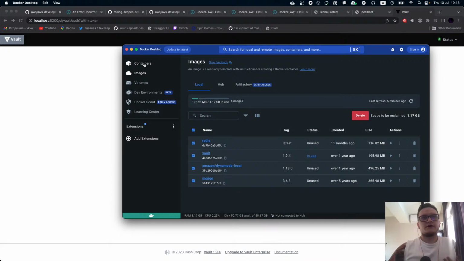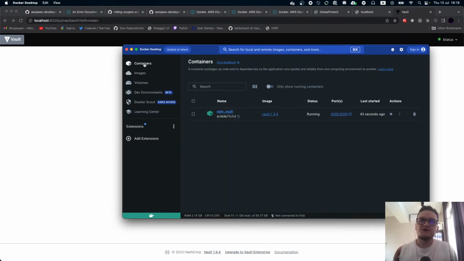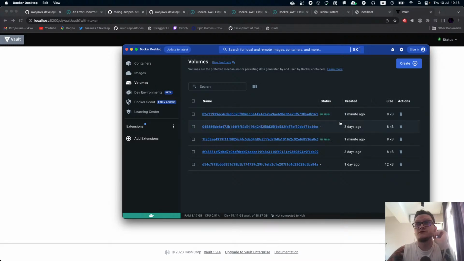Also, if we create an image and we run it inside a container, all the changes will stay inside this container. So when I just remove, delete my container, all the changes will be removed. And for these cases, Docker infrastructure has volumes. As you can see, 2 of them are right now in use. It's a small container for local memory, not operational, but local memory, where my operating system gives Docker a piece of my local space where Docker can store the data.